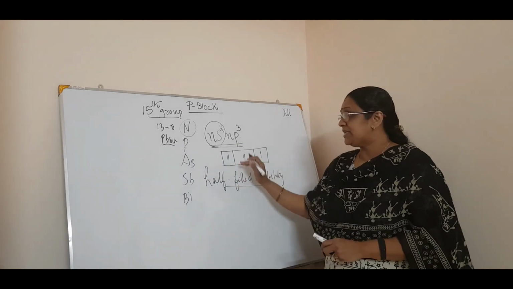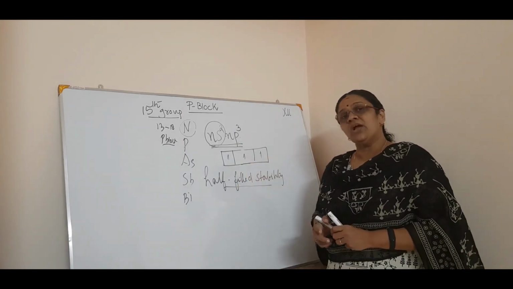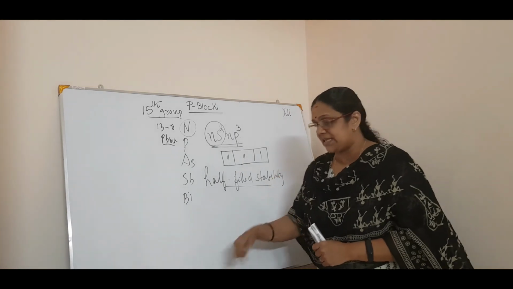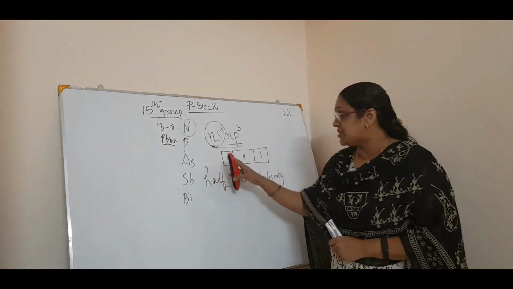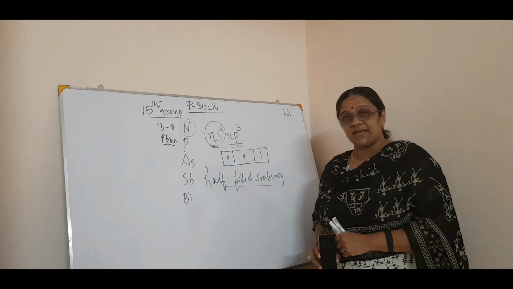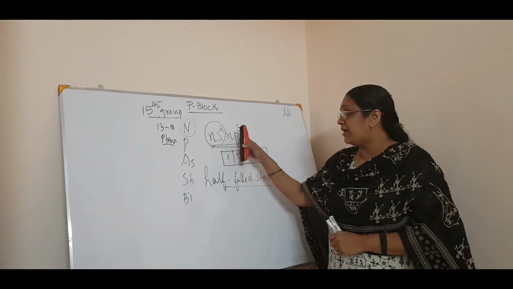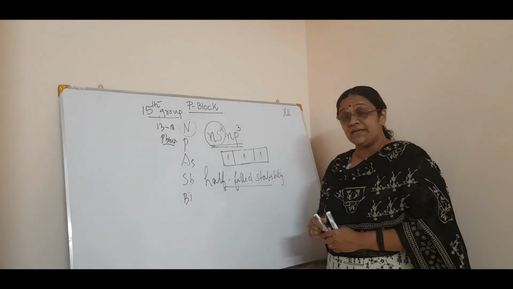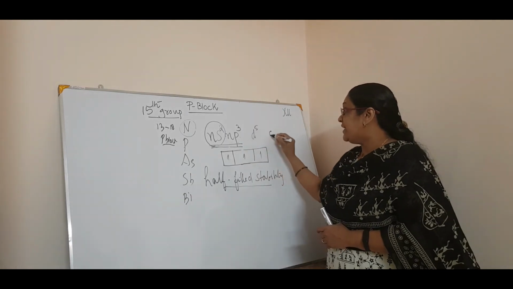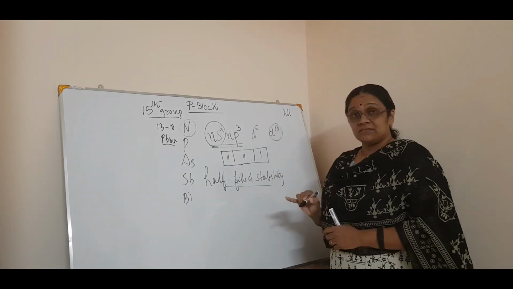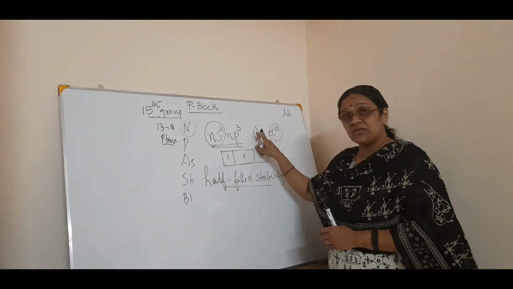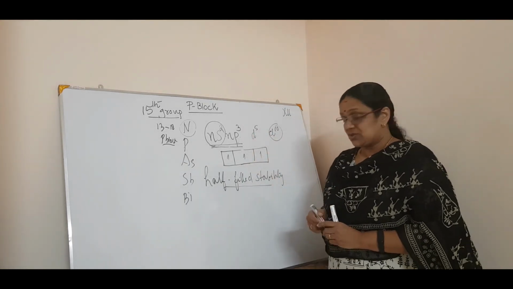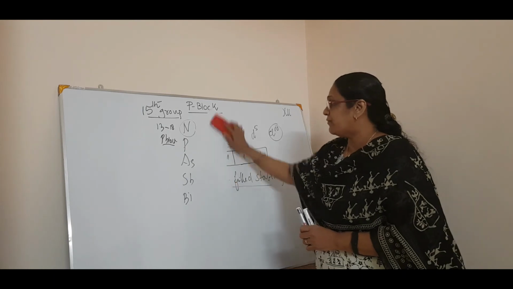So this is about the general electronic configuration. One by one we will see. So what about the general electronic configuration? It is ns2 np3. Correct. And for example, if p is 3, it will be a half-filled stability. And if d is 5, you know d10 is the configuration, if it has 5 electrons, then it is the half-filled stability. So that is about the electronic configuration.